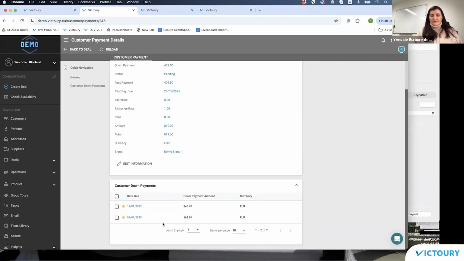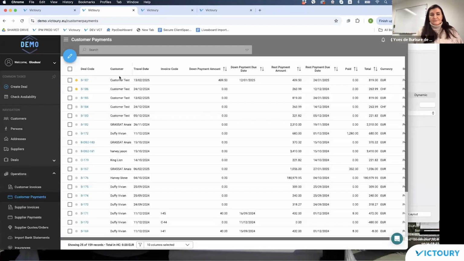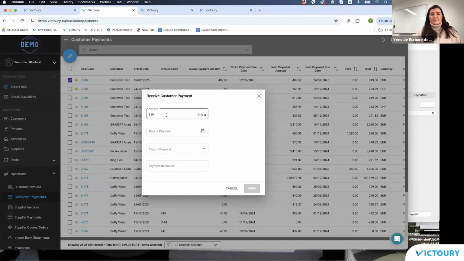409.50. And here you have the 2 customer down payments, which can be paid, of course, separately or can be paid in total. And the payment of the customer payments is in the general list also available. You can just choose one, have a received payment, or the total amount, or modify it downwards as you want it. This has not been changed. This is as it was even before. And this kind of covers the customer down payments flexibility, of course, that we have introduced with this new feature,